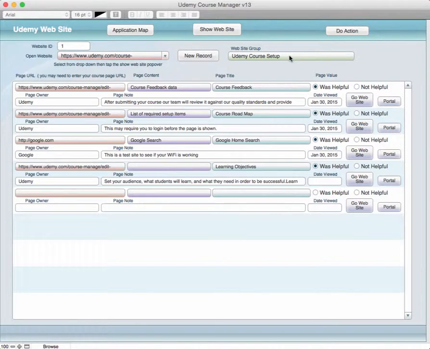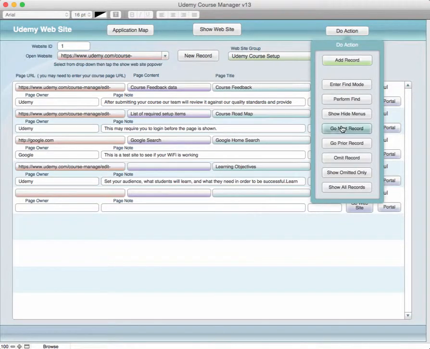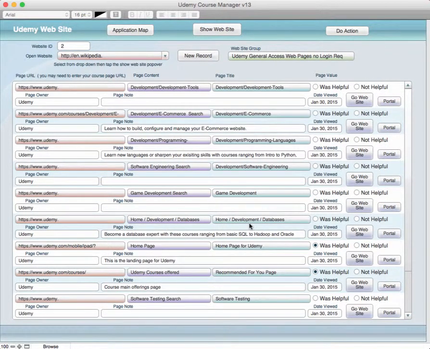For example, in this case I've got Udemy course setup, and I've got other screens in here that if I go to the next screen or next record, you can see that I've got additional records that in this case are general access web pages, no login required, where there are the ones on Udemy that do require you have a login. In fact, if you try to access those screens, you will be required to log in to see them. This acts as partly a site map for the Udemy site,